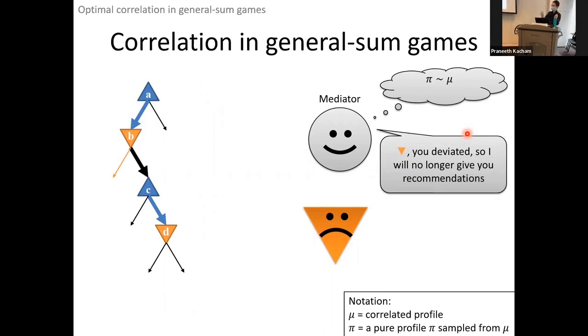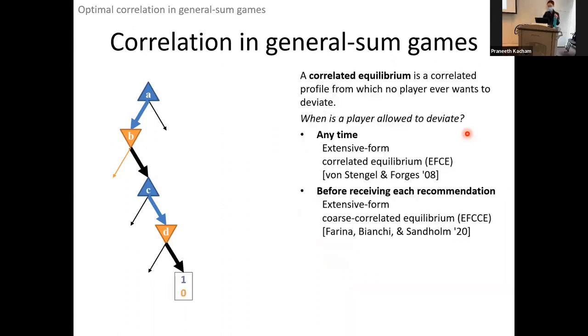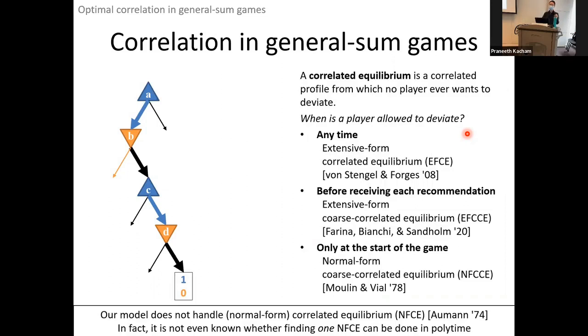They could. And then perhaps they could say that is the bad type of mediator. At any point of time, I have revealed some information about the pi sample, and I could compute my conditional expectation of utility. And if I can do better than that conditional expectation, then I will deviate. So if a player is not incentivized to deviate ever, then we are in correlated equilibrium.